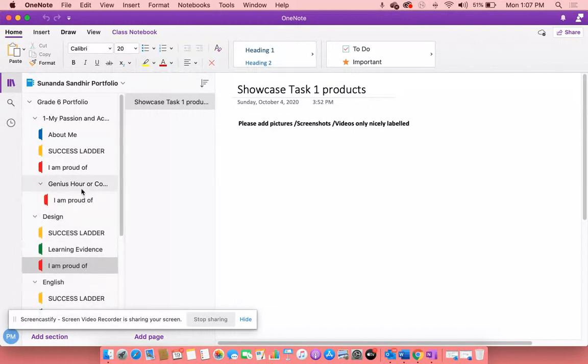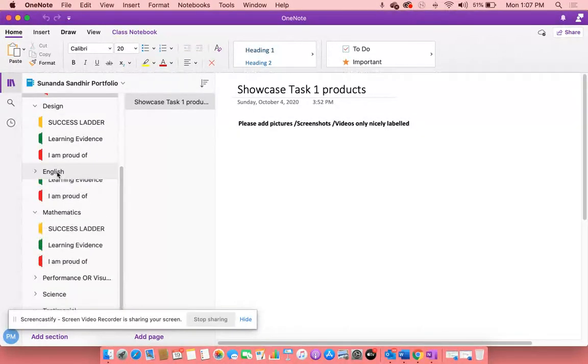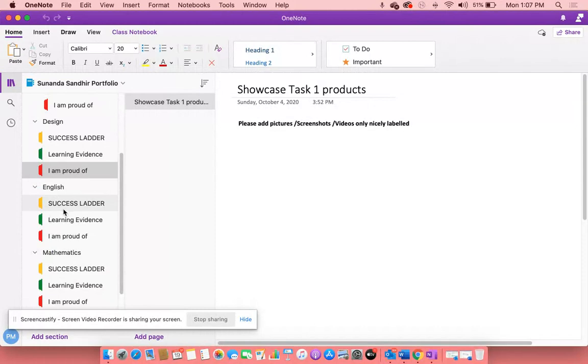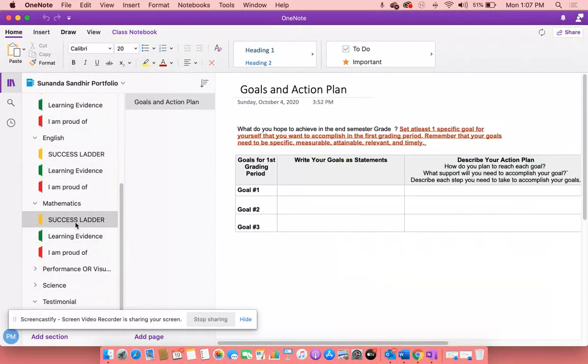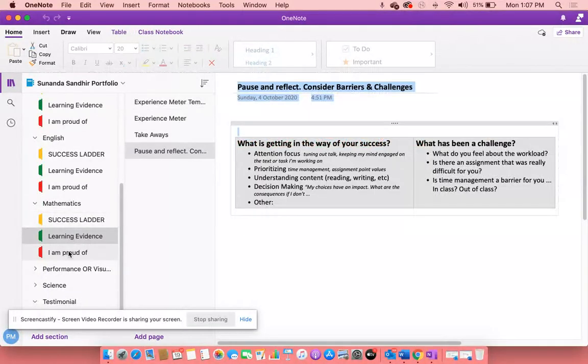Genius Hour, you just need to pick out nice pictures from Genius Hour and add them here. So similarly, you are going to do Design, English, and success ladder, learning evidences here for your portfolio, Mathematics, and I'm Proud Of.